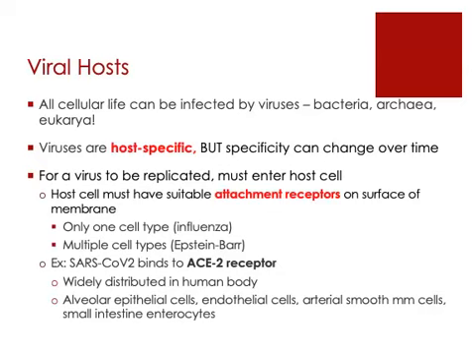Another example is the SARS-CoV-2 virus, this coronavirus. Coronavirus binds to a receptor called the ACE2 receptor. Now that stands for something. It's angiotensin converting enzyme 2. Now, you don't need to understand the details of that receptor, but it happens to be involved in the regulation of blood pressure. And that receptor happens to be found all over the human body.